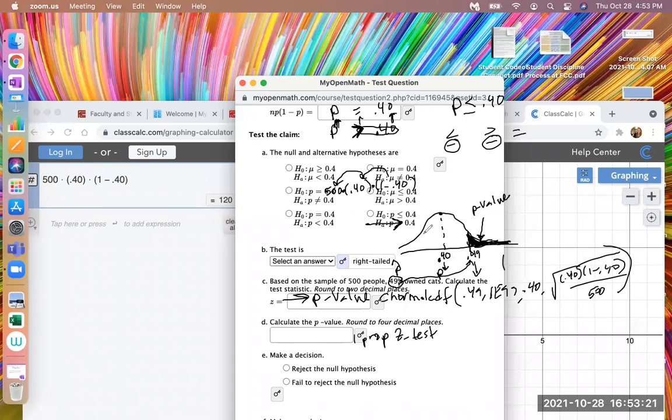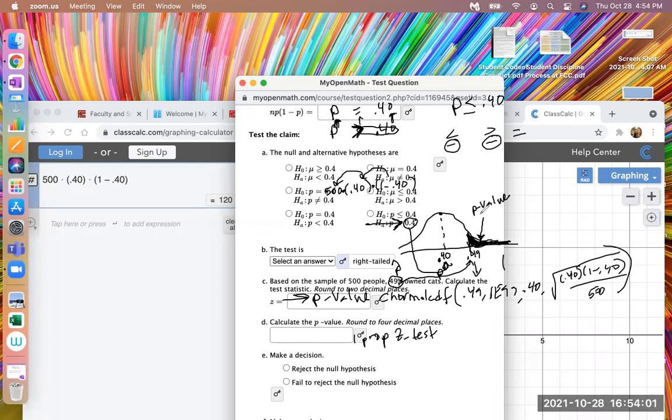So just a reminder of where the picture is coming from: the number from the null hypothesis goes in the center of that distribution. And that's the same for mean problems as well. This is a proportion problem, but if we were talking about a mean problem it would be the same. Then the sample proportion that's coming from the sample, that's where the shading starts. That's another value along the x-axis. And then this area under the curve in a right tail test, to the right of that value, is our